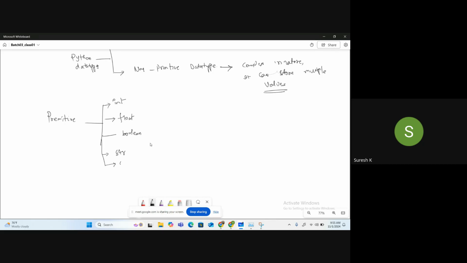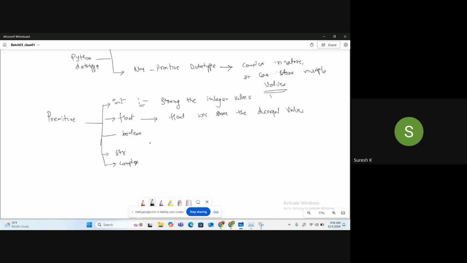Another one is complex. Int will store the integer values. The float will store the decimal values.